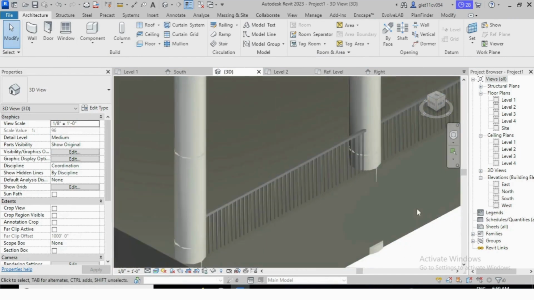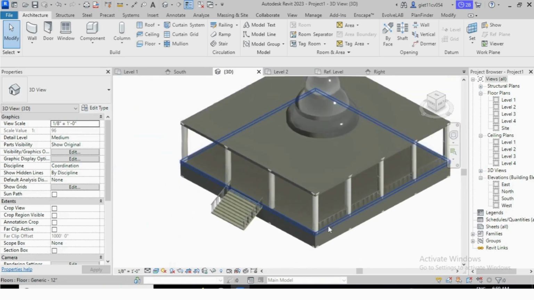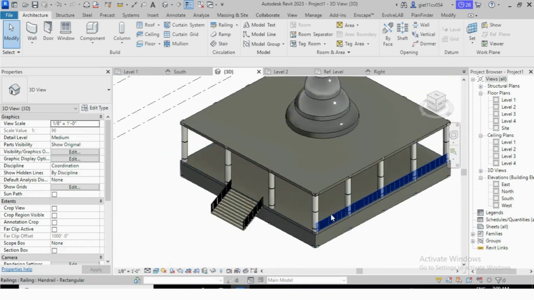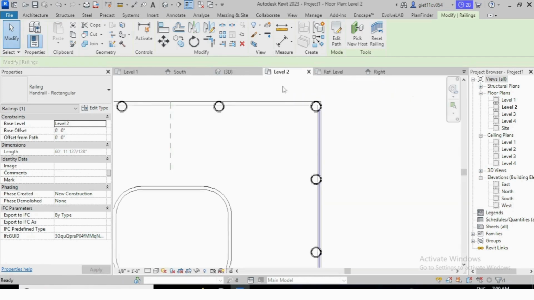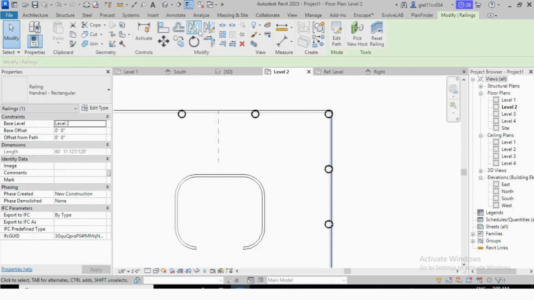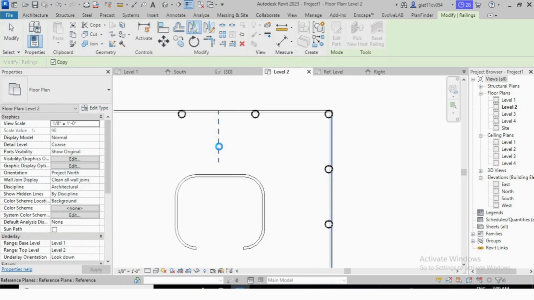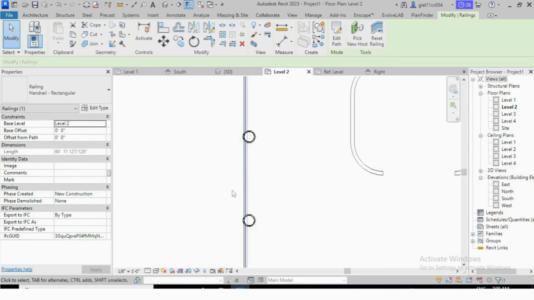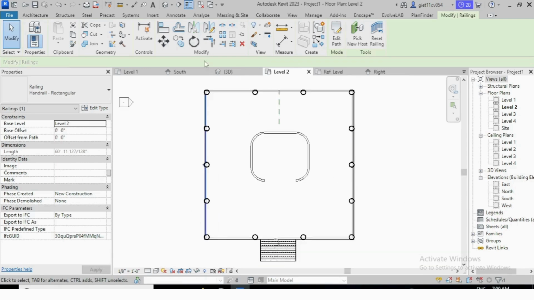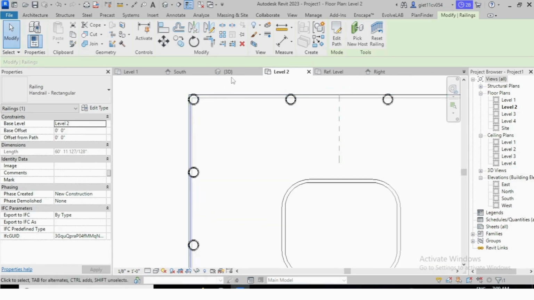Okay, now just select this railing, go in level 2, just click on the mirror, or you can use the shortcut MM and mirror it. So you can see in this side also railing has been placed. Now we have to place this side.